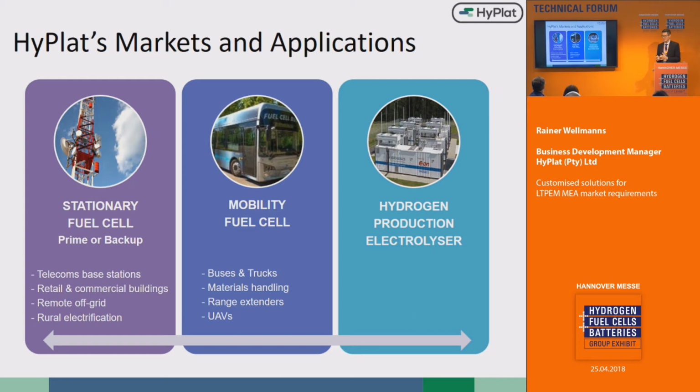For mobility, we're in the heavy-duty applications such as your trucks and buses. With your light-duty applications, it's material handling equipment, and then as well as your range extenders and your unmanned aerial vehicles or your drones. And as I said, we are about to launch a product within the hydrogen production industry,